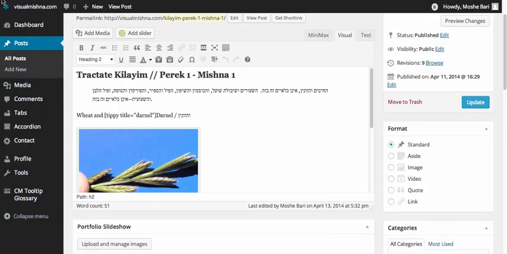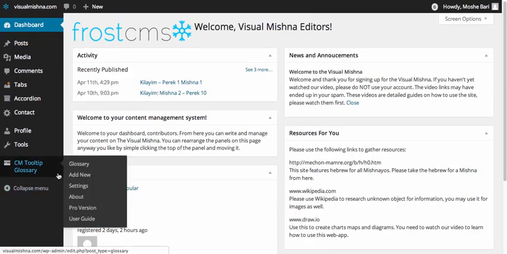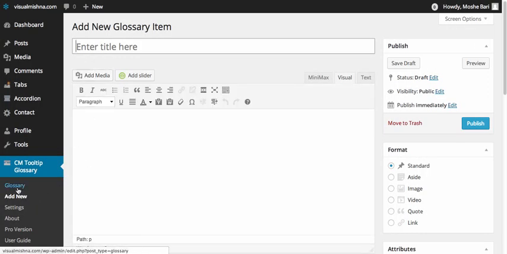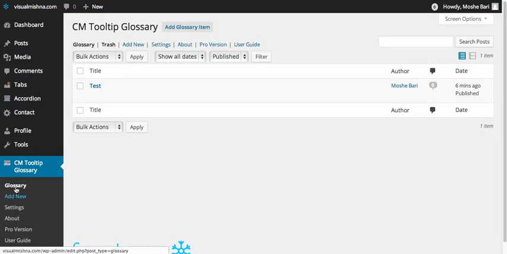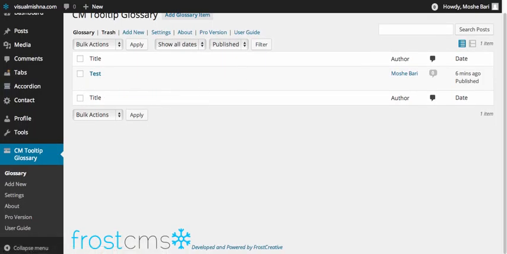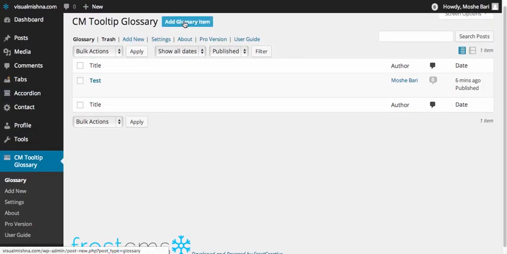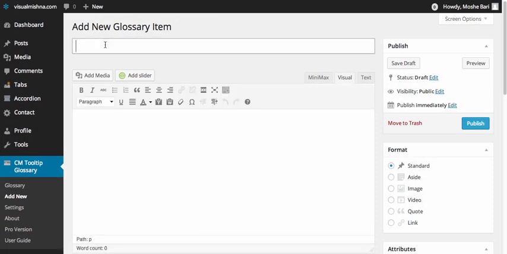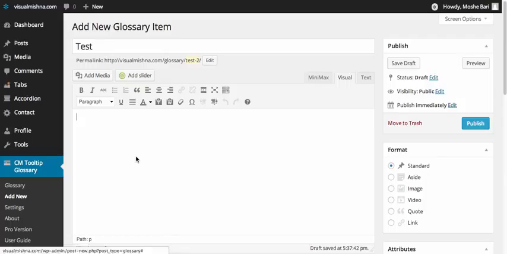It's actually really easy. So once you've logged in, you're on your dashboard, you roll over CM Tooltip Glossary, you hit Add New, and you can add. But the first thing you want to do is go to the word page glossary and check if your term is not already in here, because the term might actually be in here. And if it is not, then you can add a term. So to add a term, just type in a word. We've already added the word test, but what you do is just add test and type in,